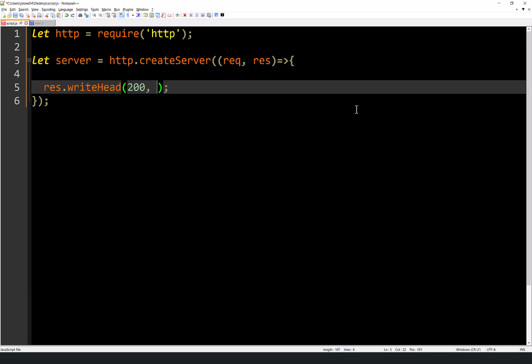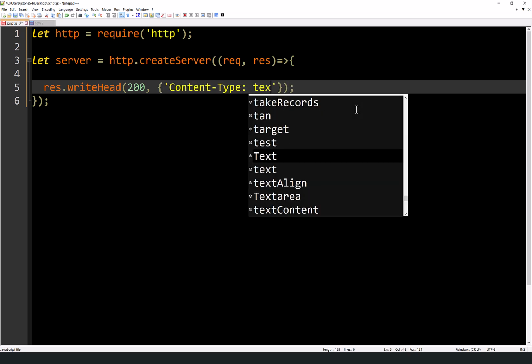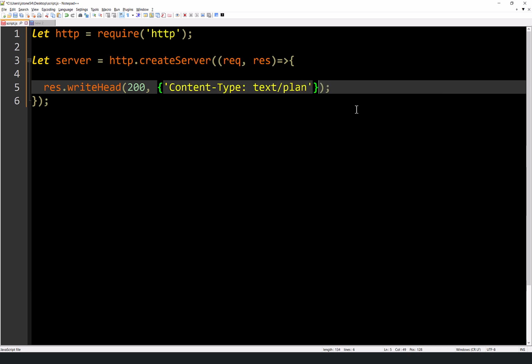How do we know it's okay? Well, because our code is saying it's okay, because clearly if we're sending this to the browser and it receives it, then it got the message that everything's okay because our code is saying, yes, we got it. And then the other thing is an object literal that has header information. For now, we're just going to give it one piece of information, which is the content type, and the type is going to be text/plain.